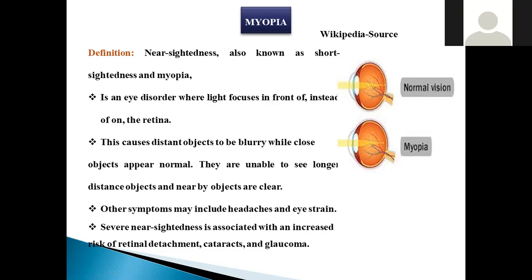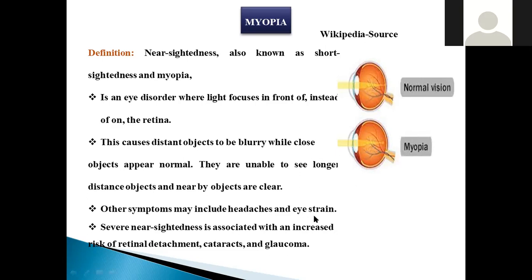Only in front of the retina, so that information is not captured by the retina, so we can't see the object exactly. So this is called myopia. Because of this, blurredness is induced whenever the object is far away from the human eye, and whenever myopia is there,